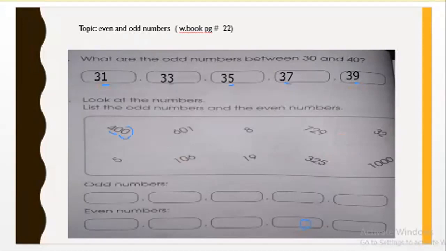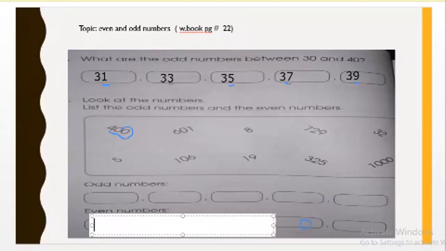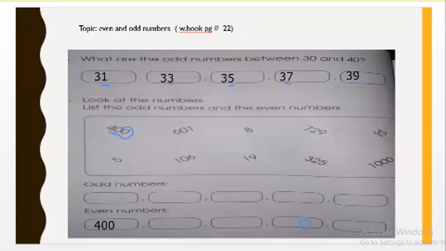Yes, you can tell me. 0 is an even number. So we are going to mention this whole number over here in the even column, that is 400. Yes. Now we are going to move on to the next example, that is